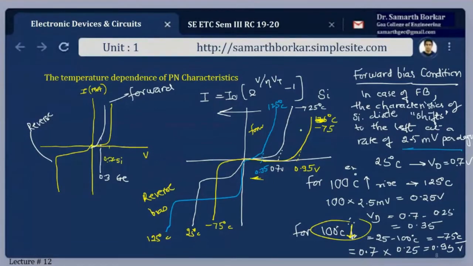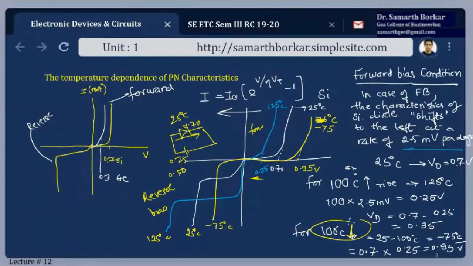So if the room temperature is say 25 degrees Celsius, and if I connect a diode at 25 degrees Celsius, this diode will conduct only if the barrier potential of 0.7 volt is applied. Anything less, meaning if the applied voltage is 0.25 here, this diode is not going to conduct. If it is 0.50, again this diode is not going to conduct. Why is it not going to conduct? Because it asks specifically for 0.7 volt. It will conduct in this direction only when you overcome that barrier potential, meaning that depletion region which forms at a no bias condition.